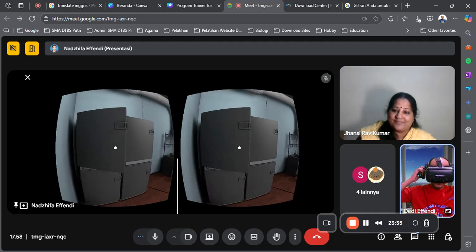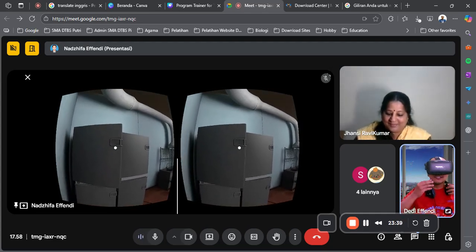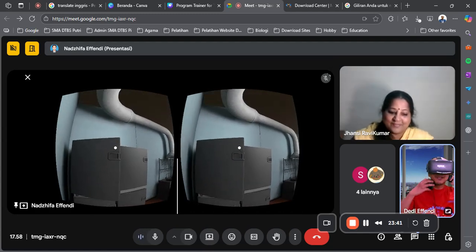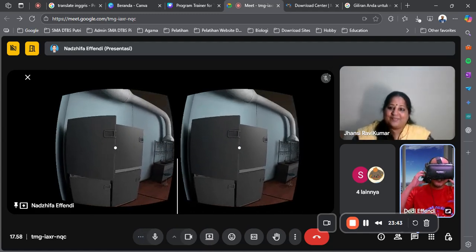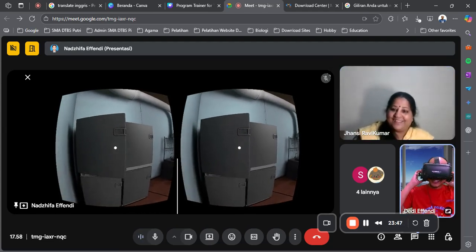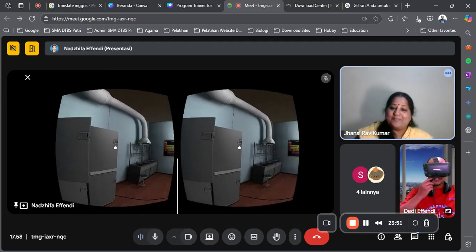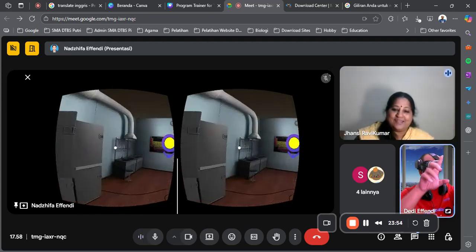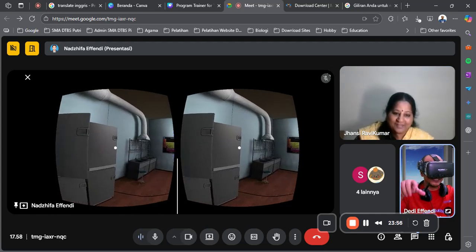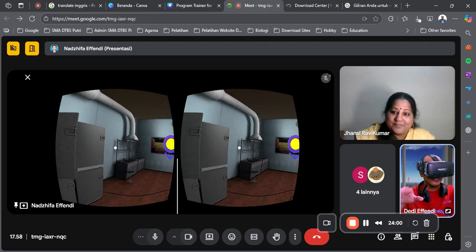Okay, I cannot hear my audio because the smartphone is blocking it. Can you see? There is a display for the left and right, for the right eye and left eye.